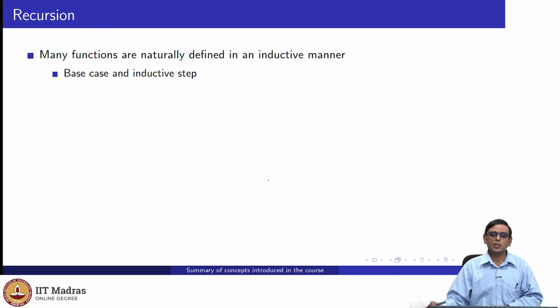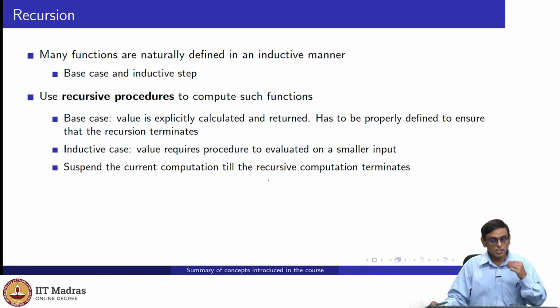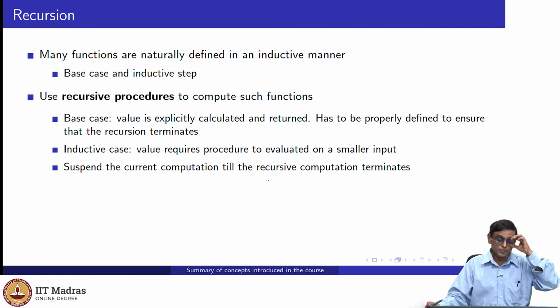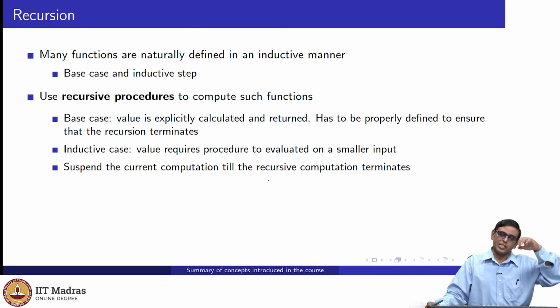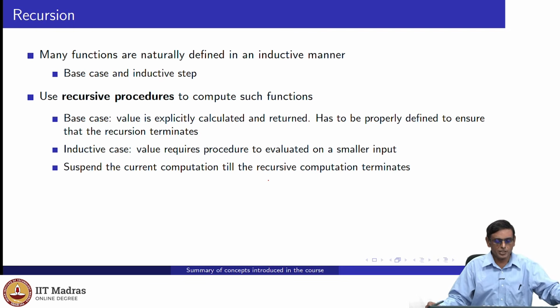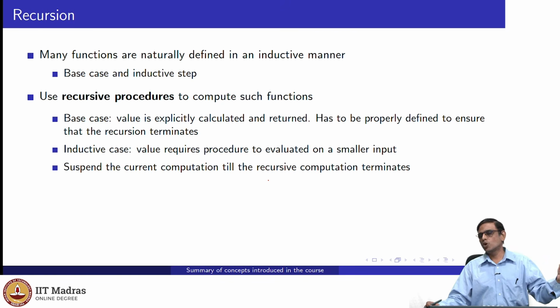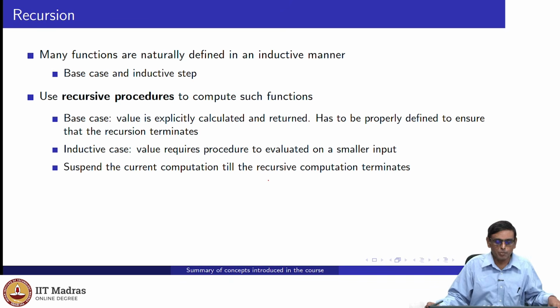Similarly, a graph is a set of nodes which are connected by edges. We can talk about it later. So recursive procedures take functions or structures which are inductively defined and go through them systematically. How does it go through them systematically? Firstly, it identifies what the base case is. In the case of a tree, for example, the leaf would be a base case. In the case of an integer, 0 might be the base case. For a list, an empty list might be the base case, and so on.